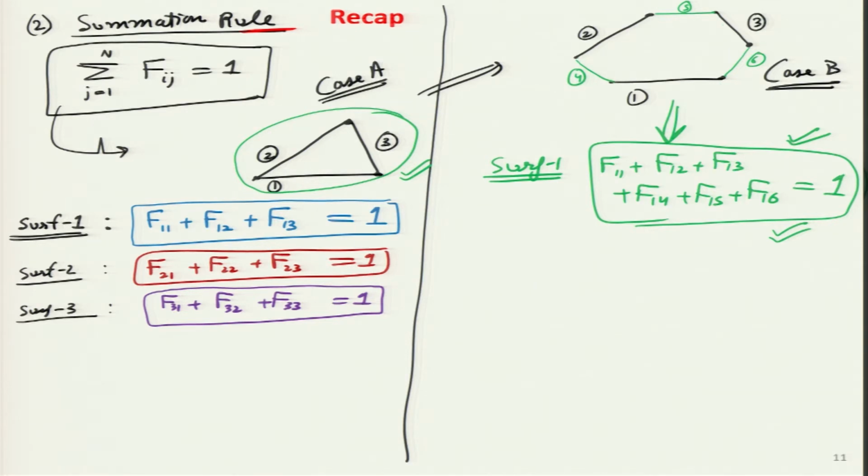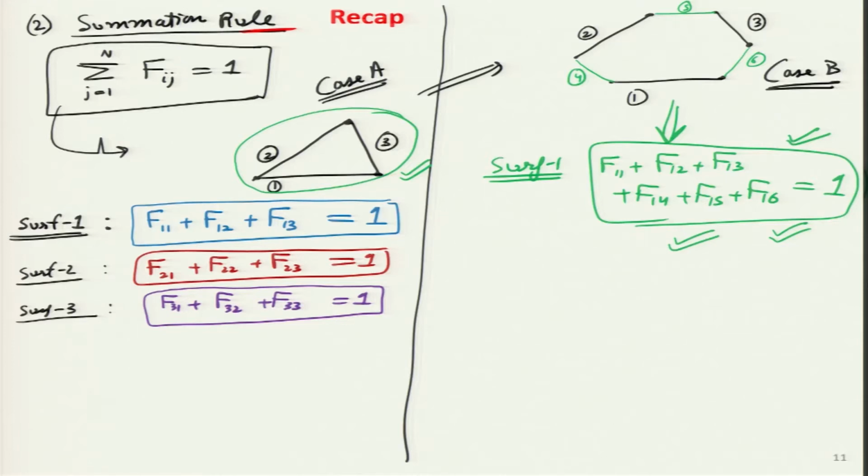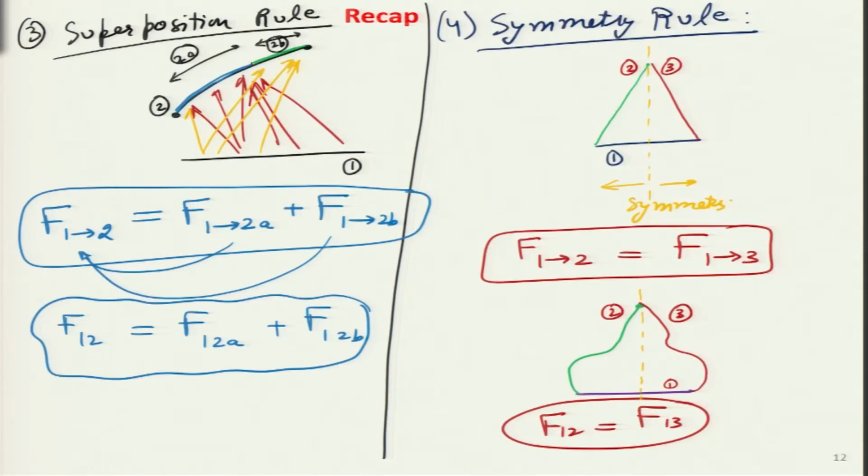So, we added 3 more surfaces 4, 5 and 6. These are imaginary surfaces because in reality we only have 3 solid surfaces 1, 2 and 3, but in between them we put that imaginary line in order to make the whole thing an enclosure. Once it becomes an enclosure, then we can apply this summation rule, and now we can write from surface 1 to surface 6 that all of these 6 Fij terms will sum to 1. I think we solved some questions based on that as well, and today also we will solve a few solved examples in order to understand it better.